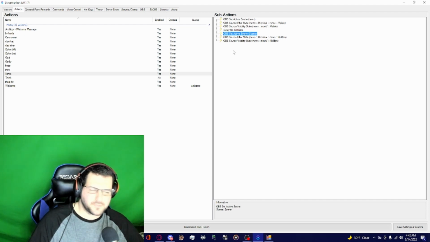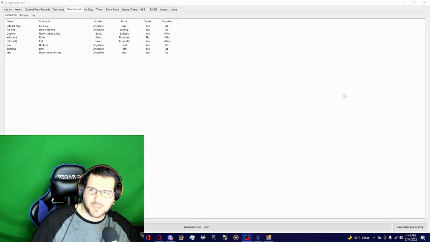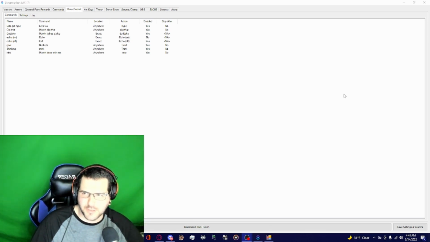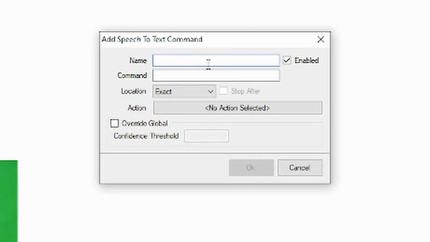So now, let's talk about triggers. Okay, so now voice commands. As you see, we have tons of voice commands, and this is the beginning steps of how we get Marvin to talk to us. But let's add a voice command. So we are going to once again name it test for this example. The command we are going to give is this